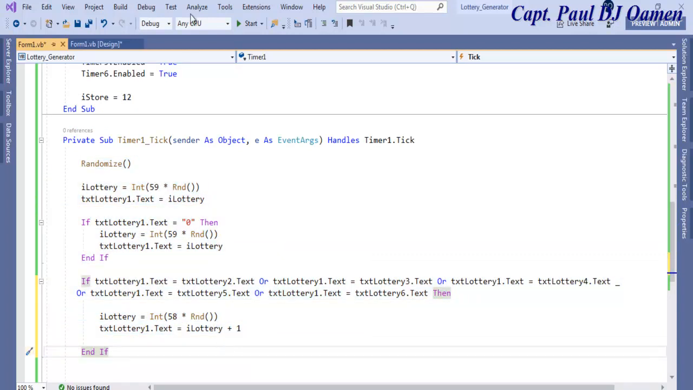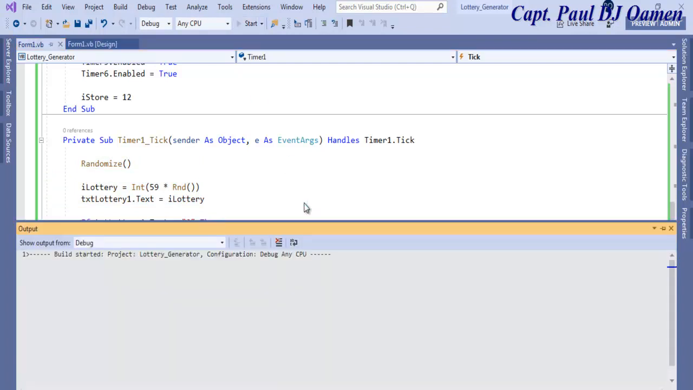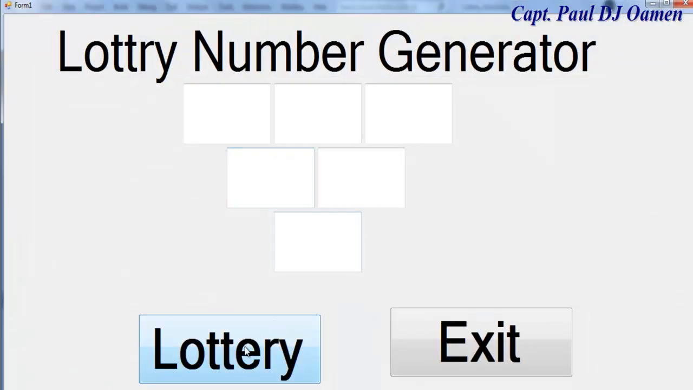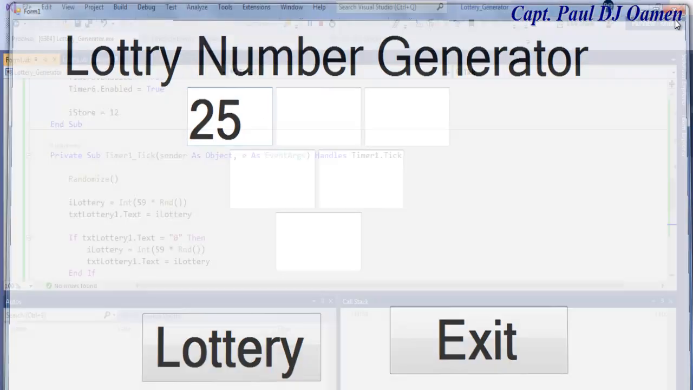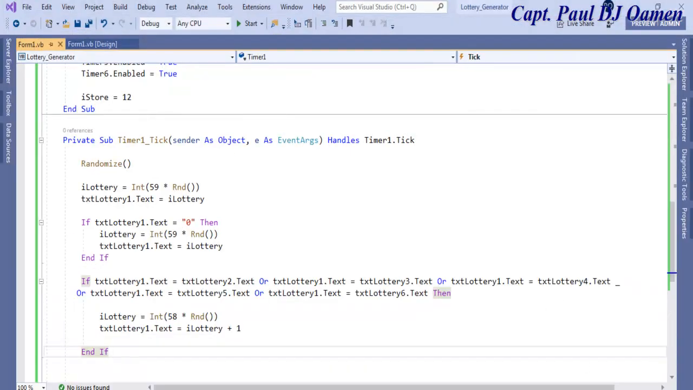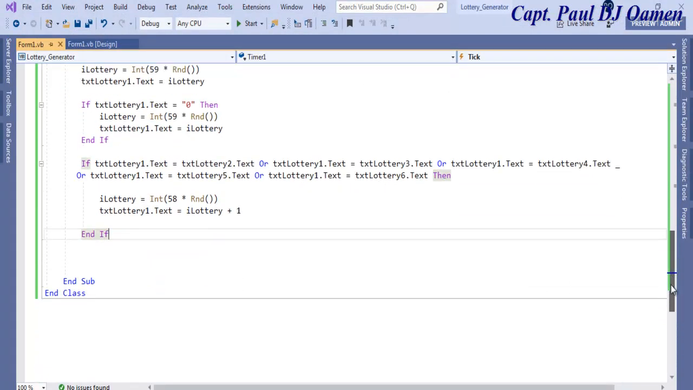Oh, one thing first, maybe I should just work on the color as well. If I run it, look at that. There, that's fine. So let's work on the color. So the background color, I want that to be randomized as well. So right underneath here, I'm going to enter